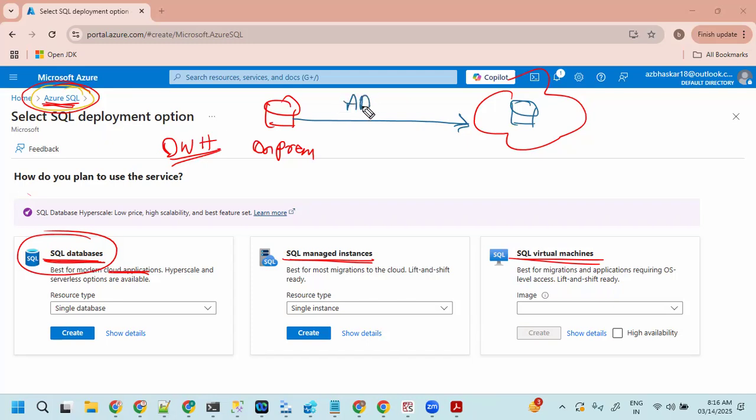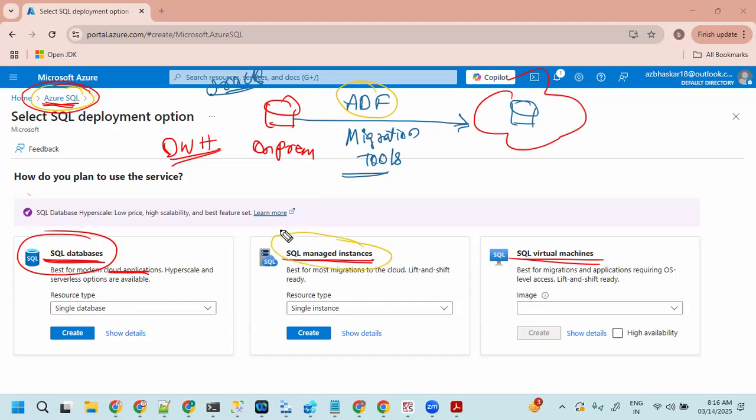You can do the data migration with ADF, or if it is an on-prem SQL Server, you can also use the migration tools. Microsoft provides migration tools for SQL Server. If you have Oracle, then it's not possible to use these migration tools. Then you definitely have to use Data Factory only. So you're just bringing the data into the database. Many projects follow this kind of approach. And the other is managed instances.